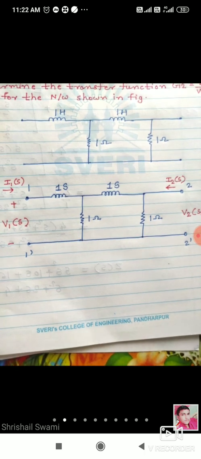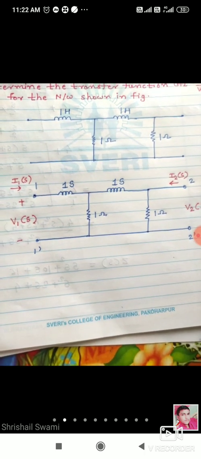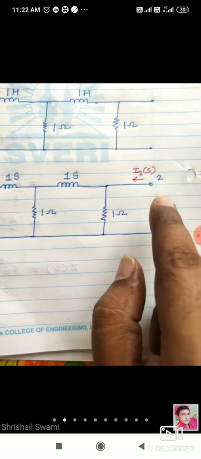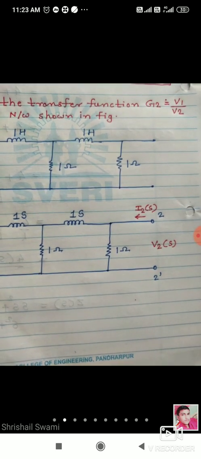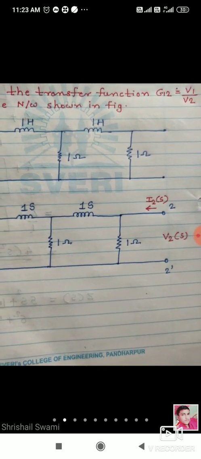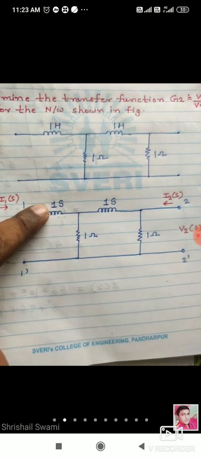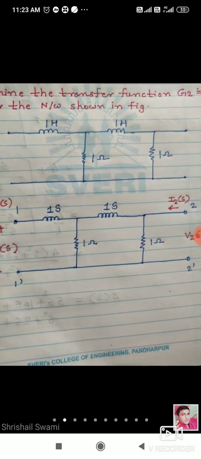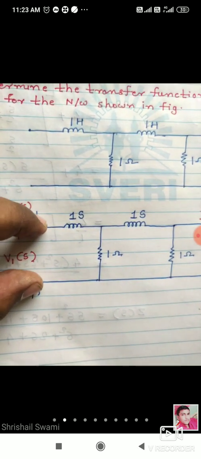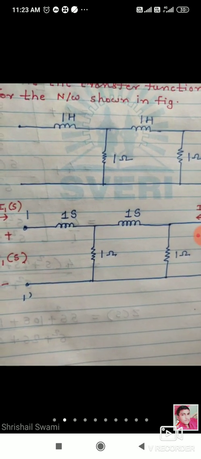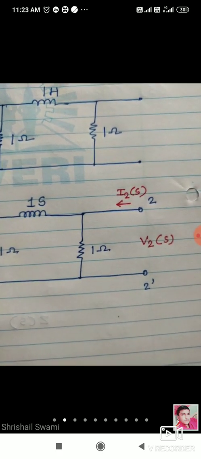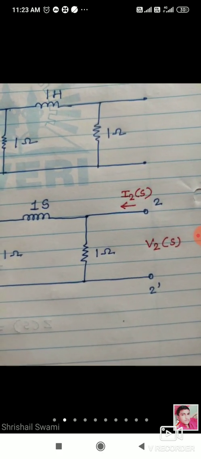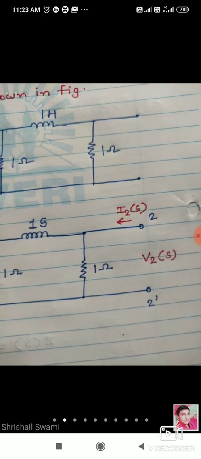So how can you solve such type of problem now? Who will give the answer? You need the ratio of V1 of S divided by V2 of S. So V1 means voltage across these two, addition of these two. कारण बघा इथं जर KVL अप्लाय केला तर V1 म्हणजेच काय, voltage across 1S plus voltage across 1 ohm. V2 म्हणजे काय, V2 is nothing but voltage across 1 ohm. How can you solve such type of problem?